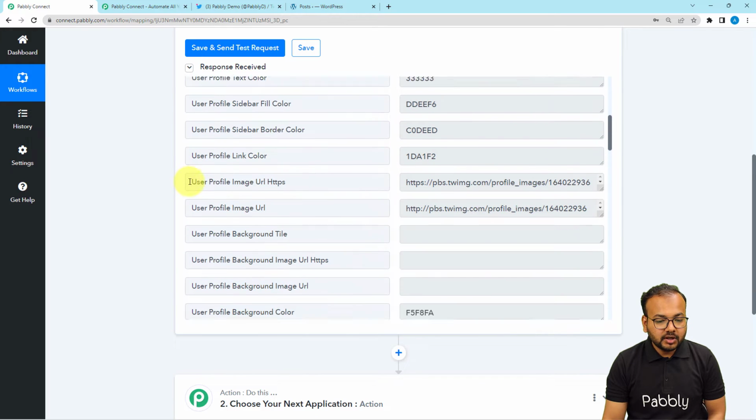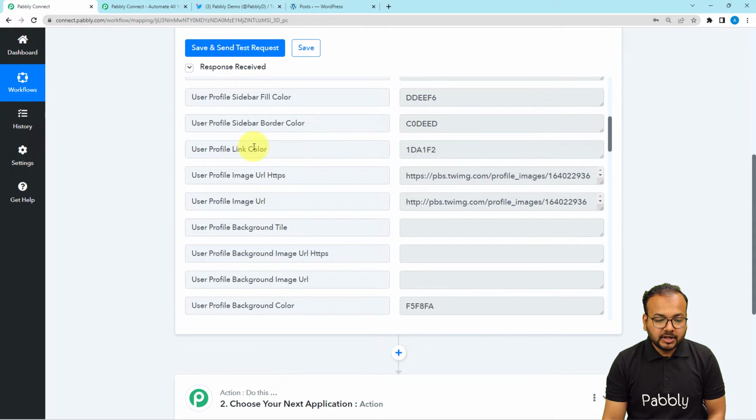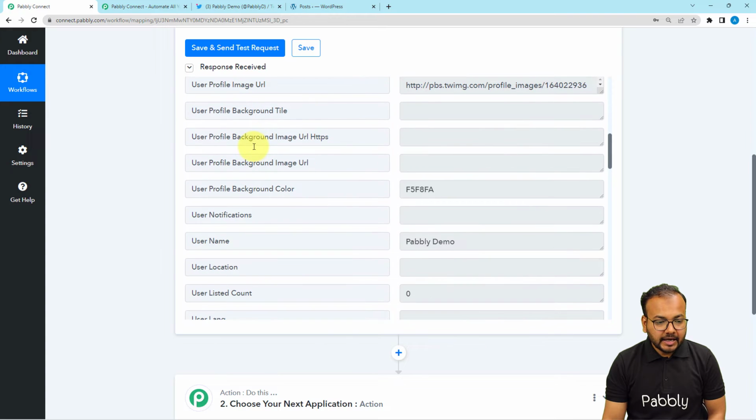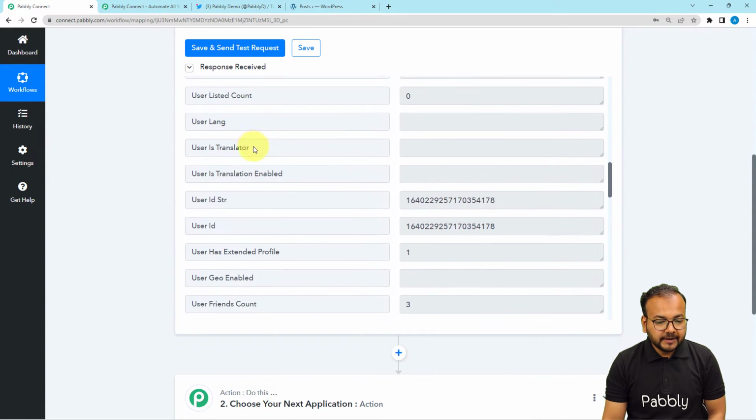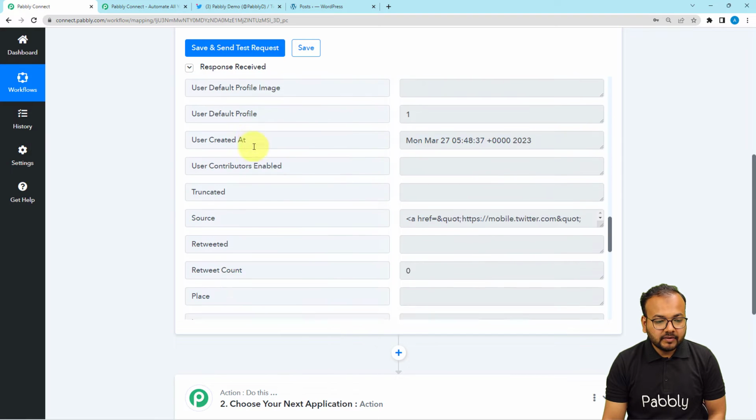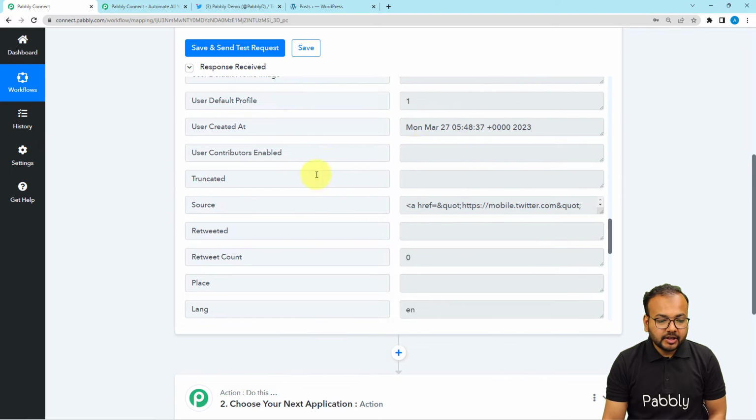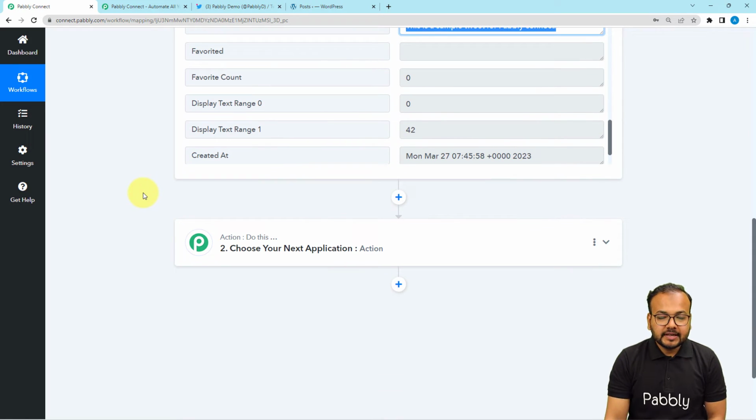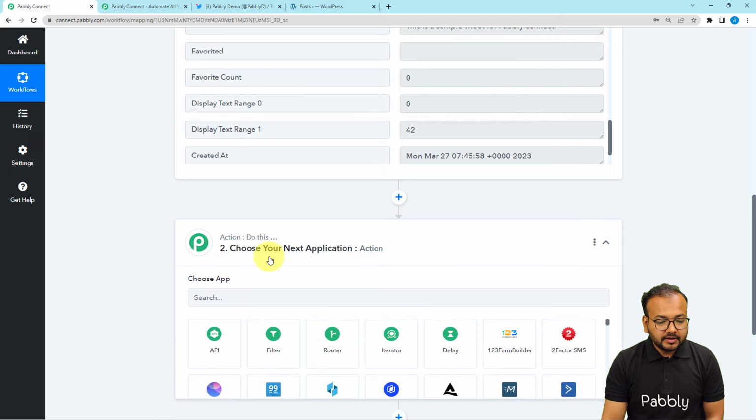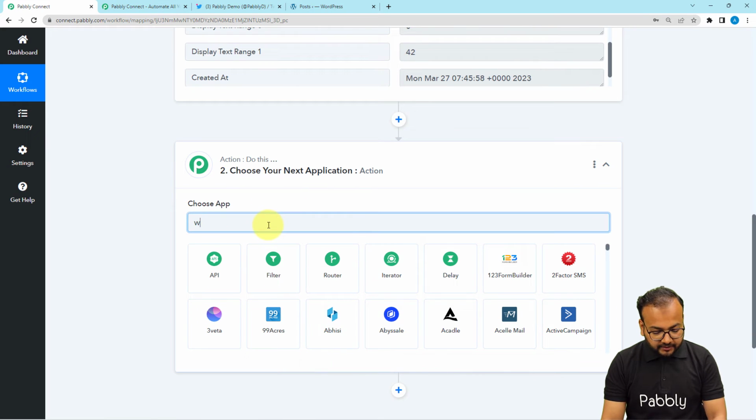And here when you scroll down, you will find the color codes of the background and your profile image URLs, your username, and all other things. Along with that, you can see the creation date of your account. And when you scroll down a bit more in the full text label, you can see the tweet that you have shared. Okay. Now guys, after getting this test data here, in this action step, I'm going to connect with